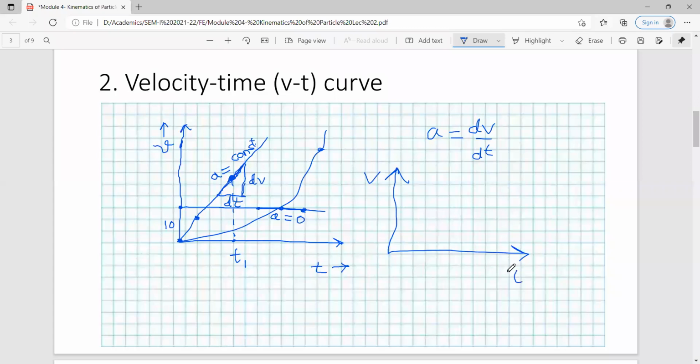Velocity, this is the time, this is the graph of motion. If I want to find out what was the change in the position when the object travels from T1 to T2. Okay, and if